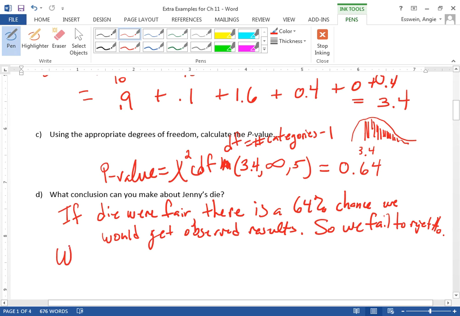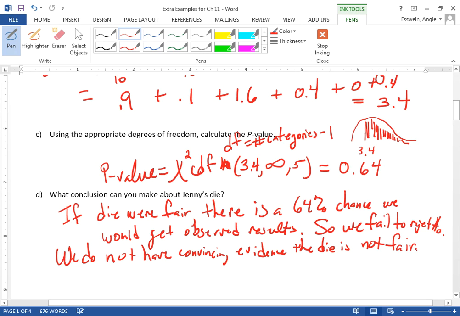And then we do not have convincing evidence the die is not fair. Does that mean we know the die is fair? Do we have evidence? Yeah, right. It doesn't mean this. So we don't have convincing evidence the die is not fair. That doesn't mean we know it's fair. We just know we can't say it's not fair. Okay, so that's